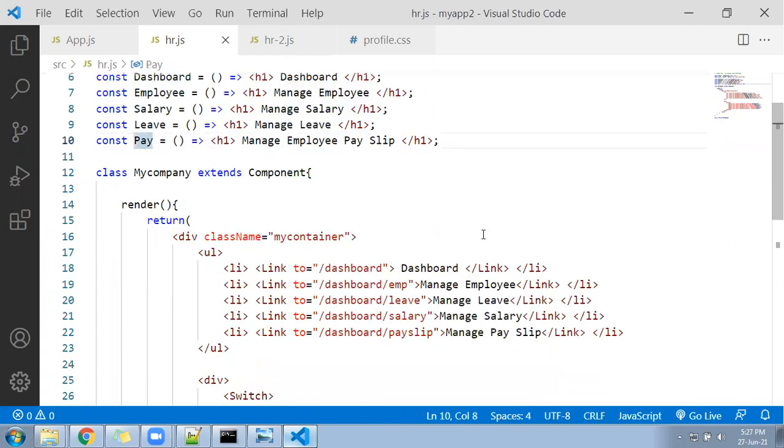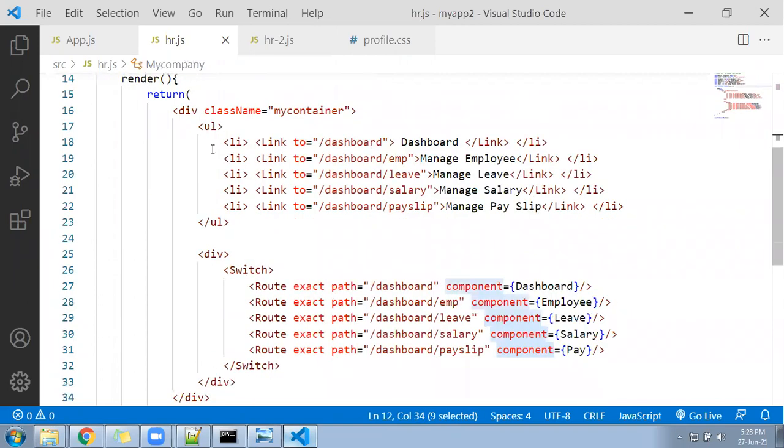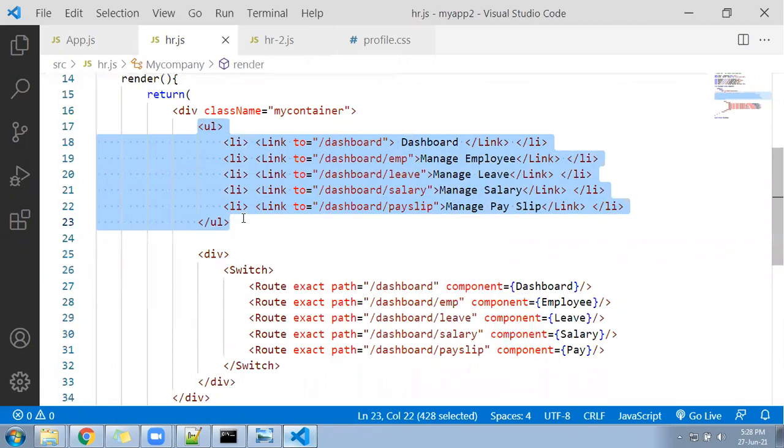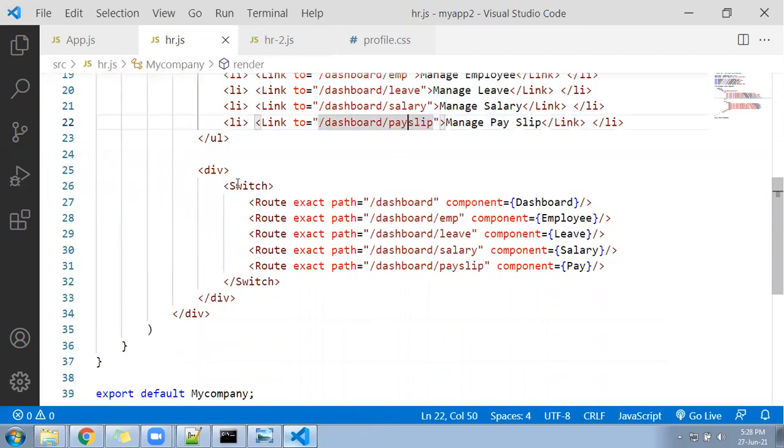Coming down, I have a class called MyCompany. Inside, we are extending Component, and first I have given the links here. Dashboard is the parent component, and dashboard slash emp, leave, salary, payslip are child components, child level URLs. Now coming down, I added the Switch. Inside the Switch, I am checking the condition. If it is only dashboard, then call the dashboard component.